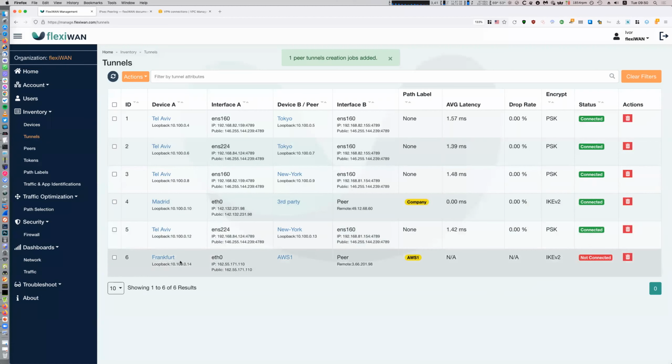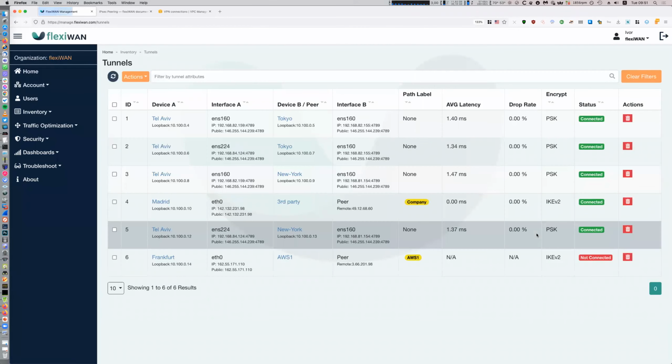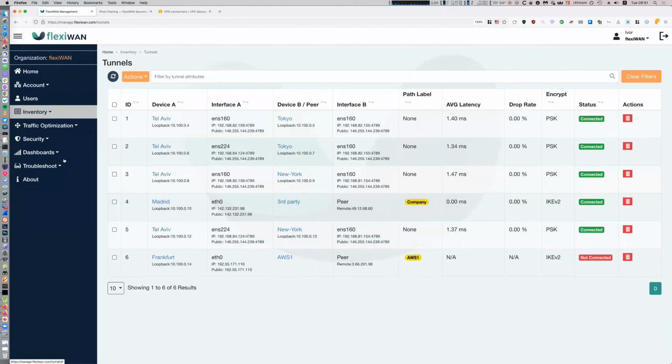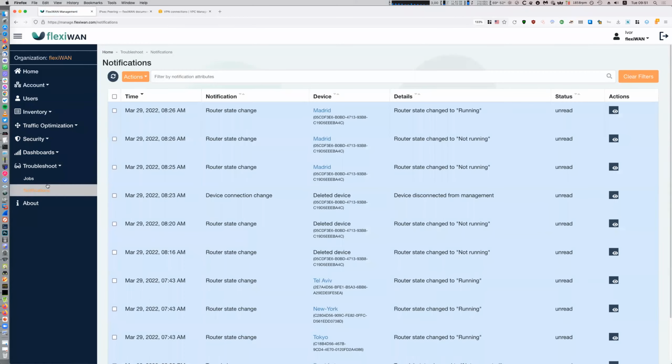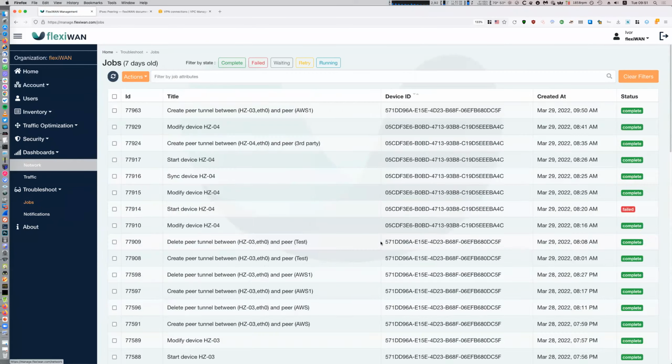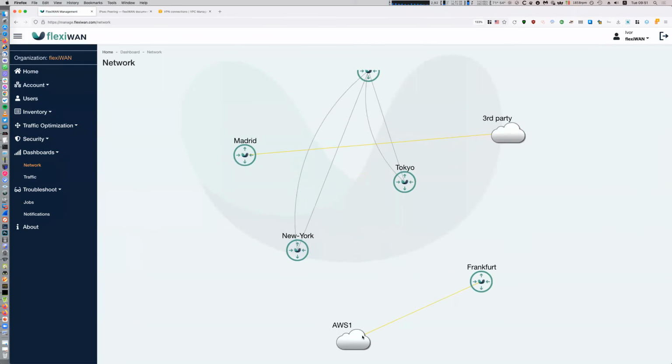Now you can see at the bottom of the list another peer has been added. And hopefully in a few moments it will connect, assuming that I did everything correctly. Otherwise, this will turn into a troubleshooting session. But yeah, let me refresh here. It takes a little bit to show it, but in the meanwhile, if you go to network, we can actually see the